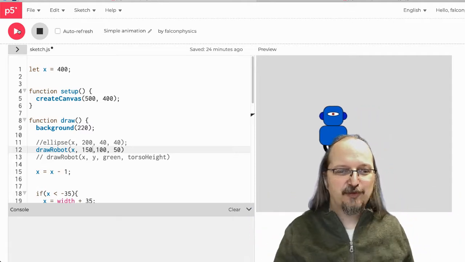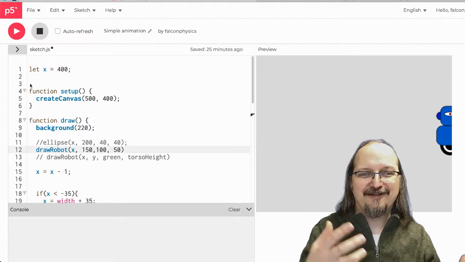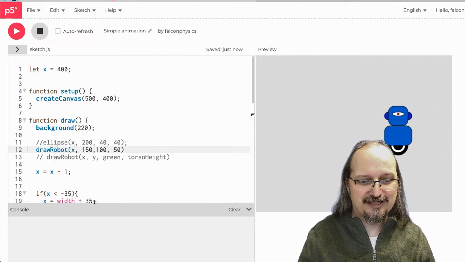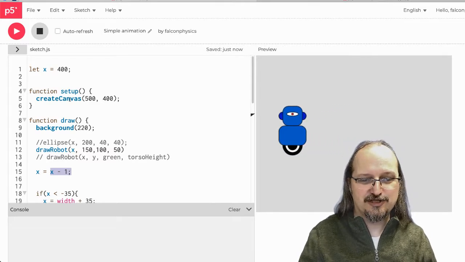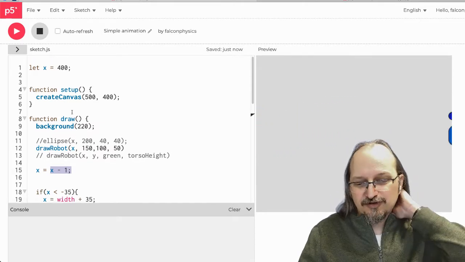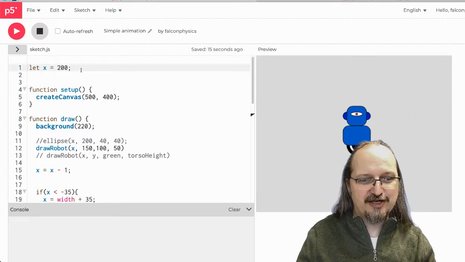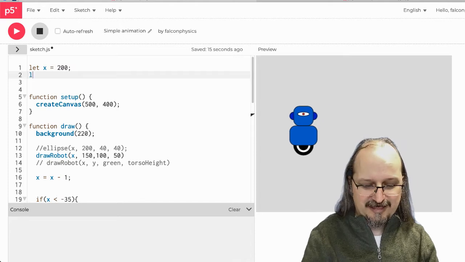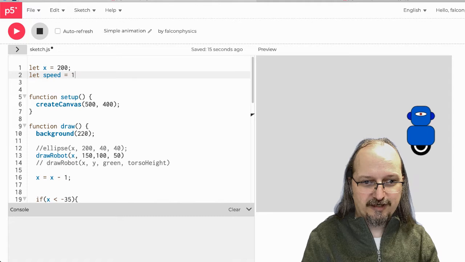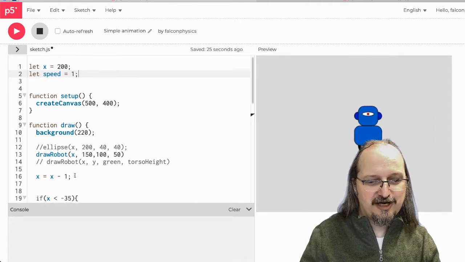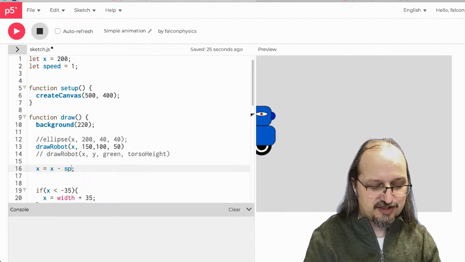You with me? So what I'm going to do, though, if the robot is moving to the left, I have a negative. I'm subtracting from the position, right? And if the robot moves to the right, I'm adding to the position. So let's think about this for a second. I'm going to start the robot in the middle and make sure we understand what I'm saying. So I'm going to say let speed get 1. All right. So now down here, if instead of subtracting 1, I subtract speed,